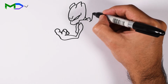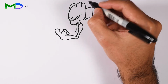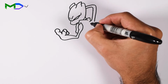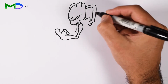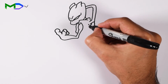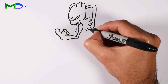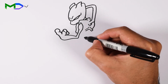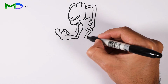From the back, the connecting lines from the head, finish it with a circular line. And now let's go with the back. There's two lines in each side, and then a third one connecting the shapes. Two undulars going down to the waist,